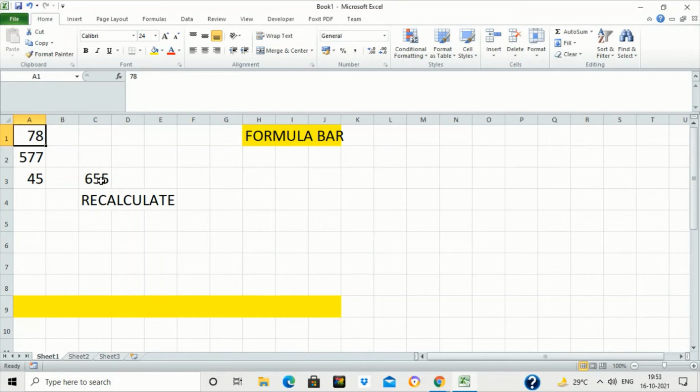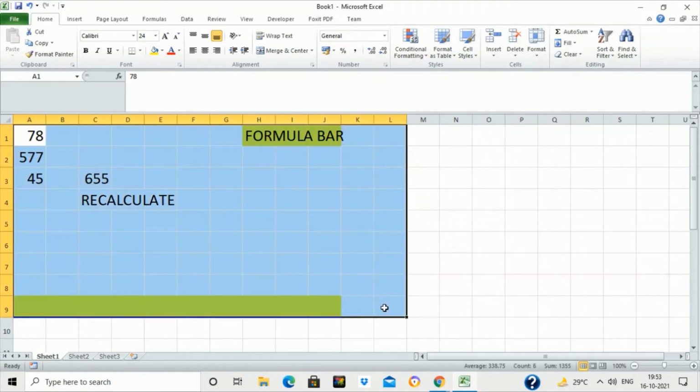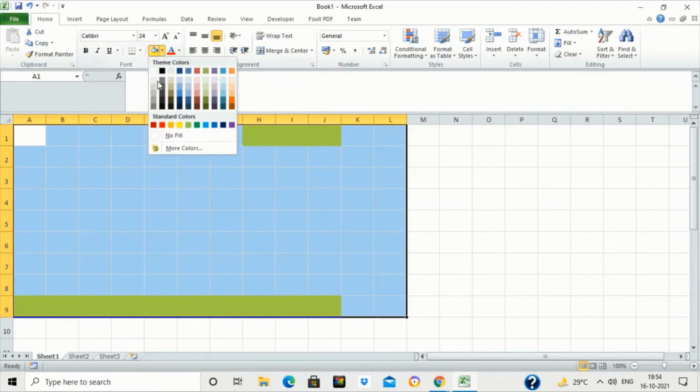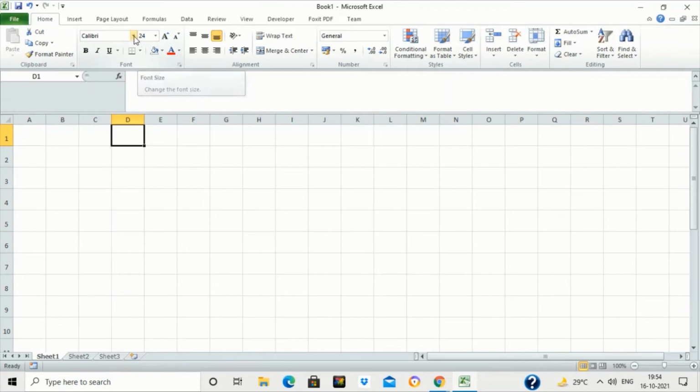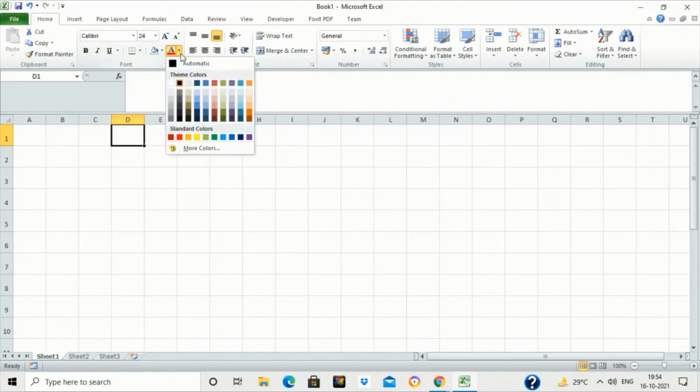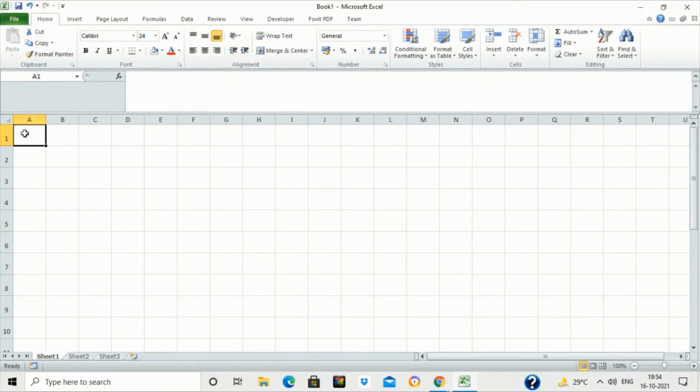Now let us make a table to store some records. I am just selecting the cells and pressing the delete button to delete the contents of the cells. And these are the simple tools which we can use to increase the size and font style, and change the color of the text of the worksheet. So these tools, you already know because they were there in MS Word also. The same tools are there. So suppose I want to store the names of the students, their marks in English, Hindi, maths, science,